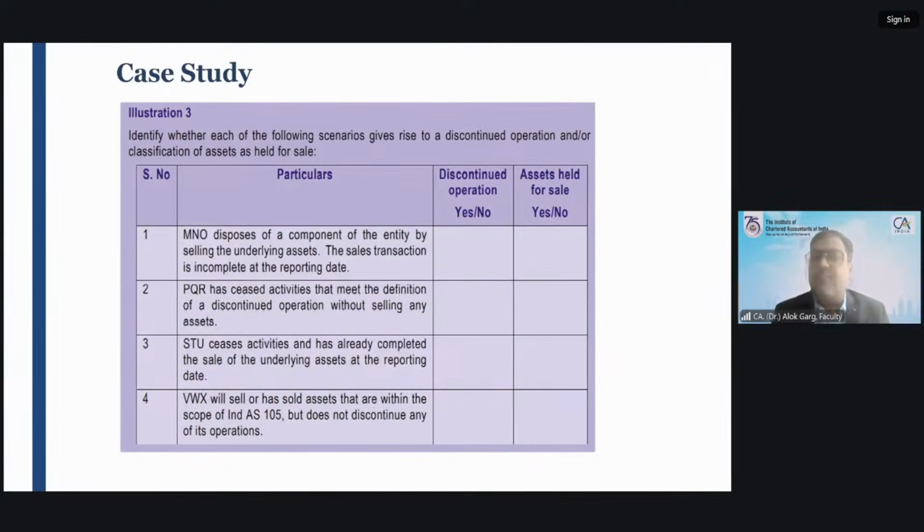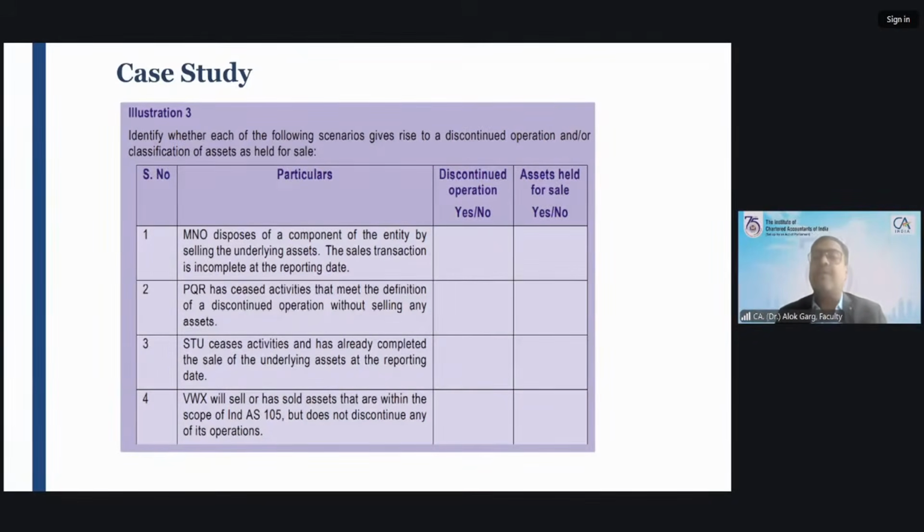I have two factories in different locations. I disposed of one of the factories. Whether I have discontinued my operation? No, because my another factory is there, another factory is going on. So let's say if I am manufacturing a product, it is getting produced in another factory. Might be I've shut down my factory just because of optimizing my resources and improving my efficiency. I'm not able to handle two factories. I sold out one factory and now I am putting my entire focus on another factory, so that my efficiency and productivity will go up.